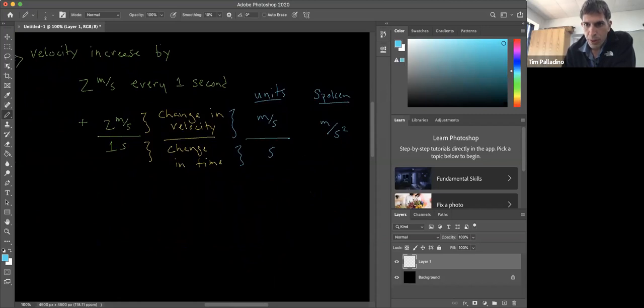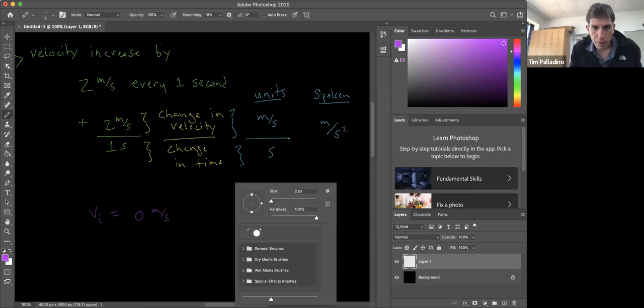All right, so far so good? Yes. So check it out. So we know that, and I'm going to start making this table right next to this. All right, so we know V initial equals 0 meters per second. Now, if this velocity is increasing,